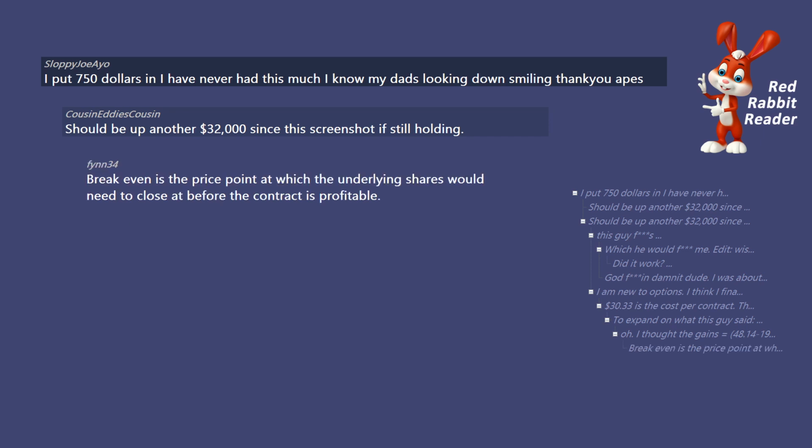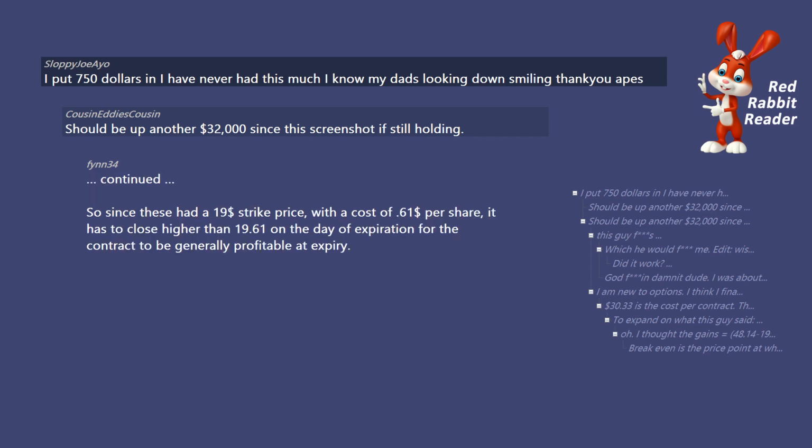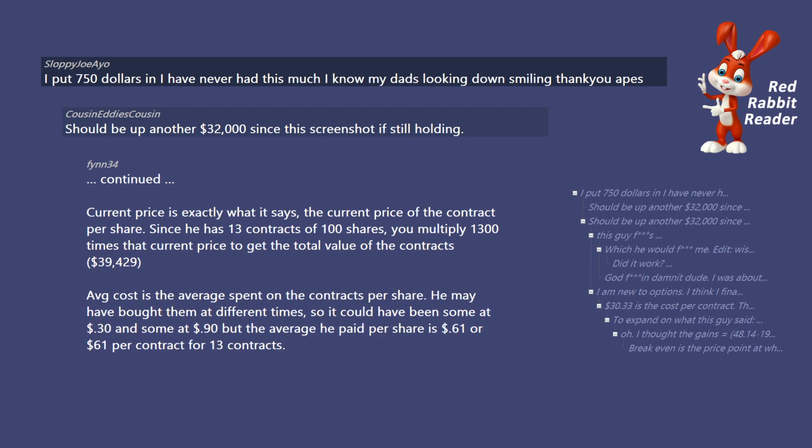Break-even is the price point at which the underlying shares would need to close before the contract is profitable. So since these had a $19 strike price, with a cost of $0.61 per share, it has to close higher than 19.61 on the day of expiration for the contract to be profitable at expiry. Current price is exactly what it says, the current price of the contract per share. Since he has 13 contracts of 100 shares, you multiply 1,300 times that current price to get the total value of the contracts,